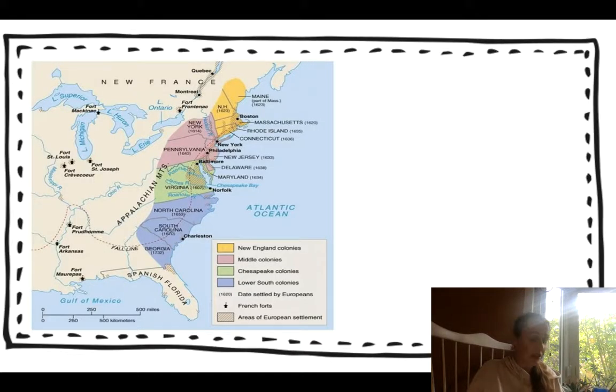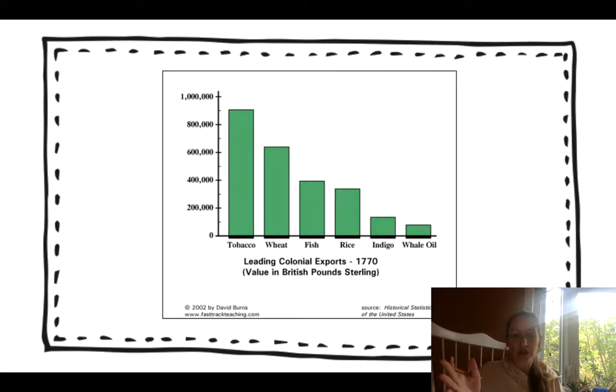So before we leave, I said I would say this in the beginning. Note the different colonies here. The yellow is the New England colonies we learned about. The pink is the middle colonies that we learned about. And then what we did today was the Southern colonies. And being in Virginia was much different than being in Savannah, Georgia. So notice you have the lower Southern colonies and then the Chesapeake colonies, like around the Chesapeake Bay, being Maryland and Virginia. I also want to show you one more chart because we've gone over this in a few different forms